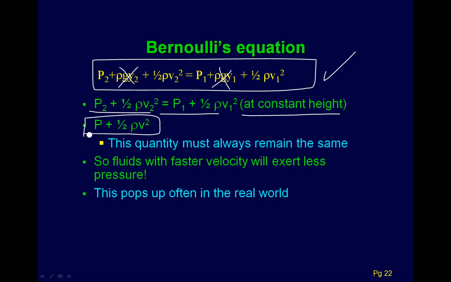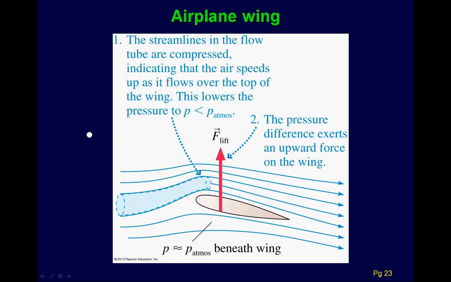This will pop up a lot of places in the real world. Knight has an example where you blow on a piece of paper. I suggest you try it. It's really interesting to try. Now, one of the classic examples of Bernoulli's principle is an airplane wing. An airplane wing is shaped so that the water, or I'm sorry, the air, since air can also be thought of as a liquid in some cases,